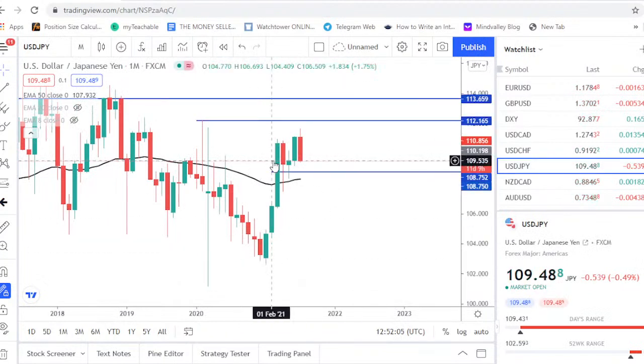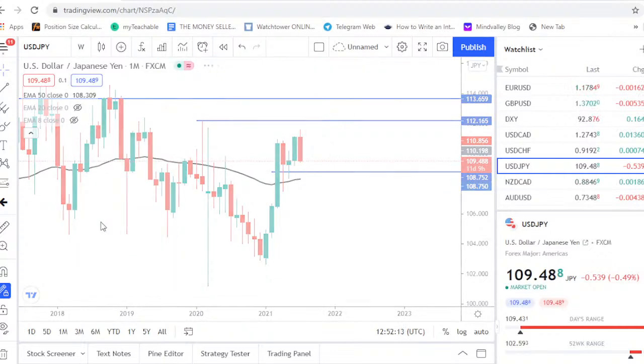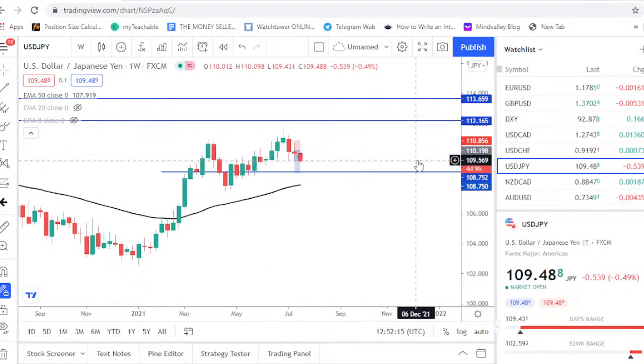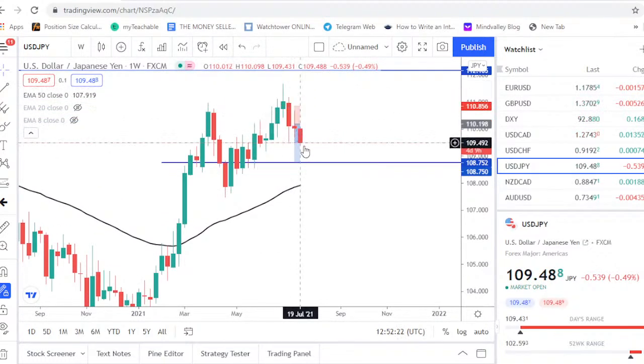And this also looks bullish from what we have in the last month. However, what we are having this month is bearish. What we are having this month is bearish, but let's look at it from the weekly time frame. Okay, so from the weekly time frame, it's bearish, and we are looking at it getting towards this point